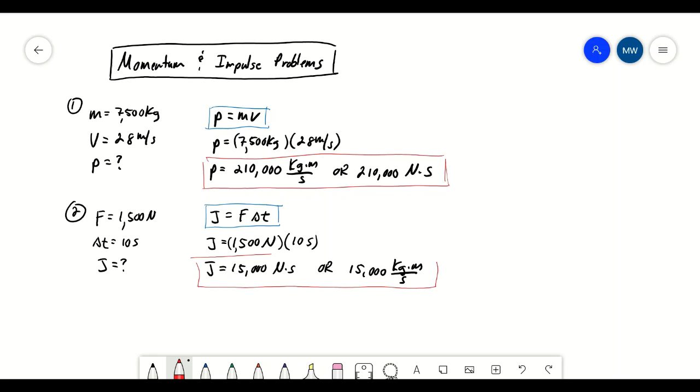You're going to find that I typically use kilogram meters per second, but it's not wrong if you use Newton times second. We'll do a little bit more with these types of problems a little bit later on, and